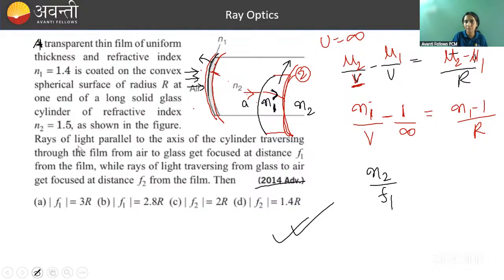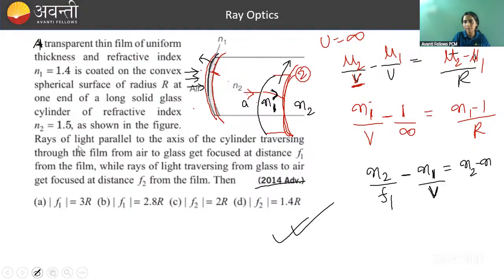It will get converged at F1, so N2 by F1 minus N1 by V. ठीक है, why N1 I have written, because this is the medium where incident light is, and V is the object distance for the second surface. Again, sign convention for the intermediate image I am not keeping, because from here to here it will get cancelled, so let's keep things simple।